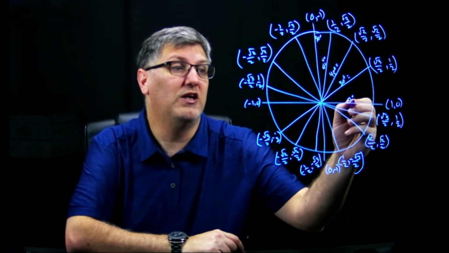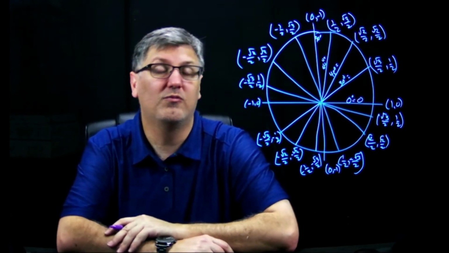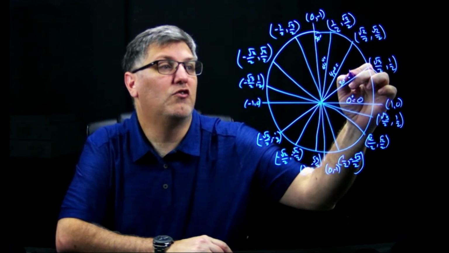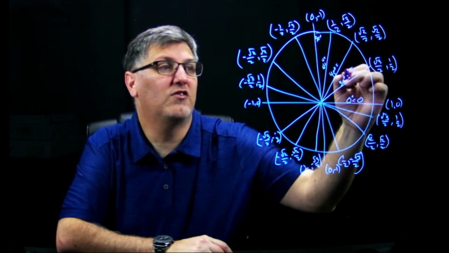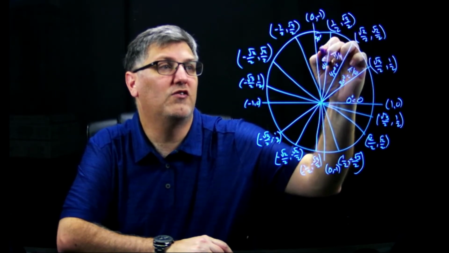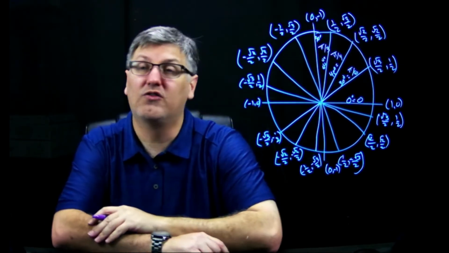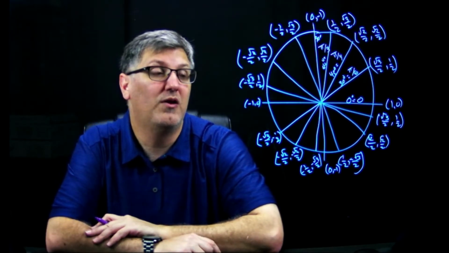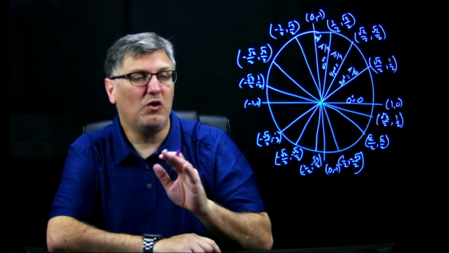Well, 0 degrees will always be 0 radians. Easy enough. 30 degrees is going to be pi over 6. 45 degrees is pi over 4. And 60 degrees is pi over 3. I would simply say memorize those. Memorize them, memorize them, memorize them. Okay. So,